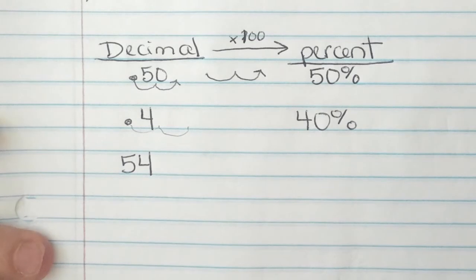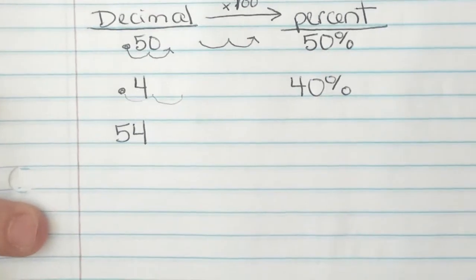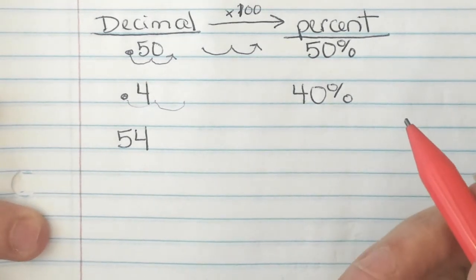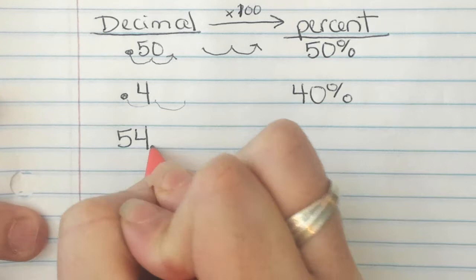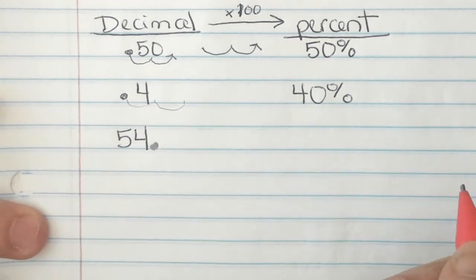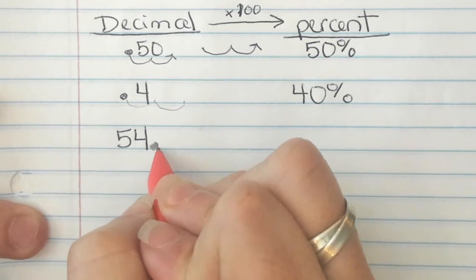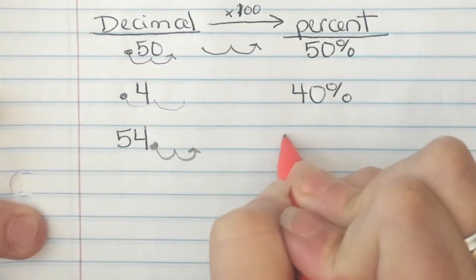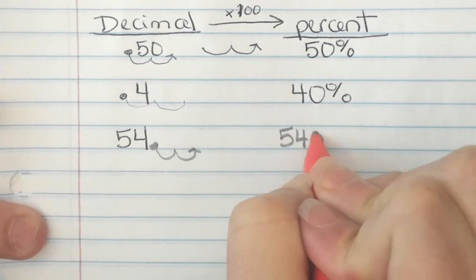We got to know that 54, the whole number, the decimal's where? Where would it be for 54? Right, it'd be right there. So if you bounce it twice to the right,